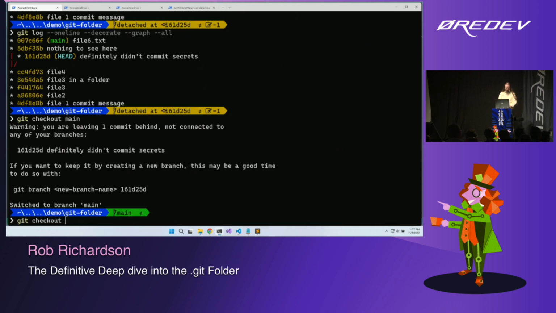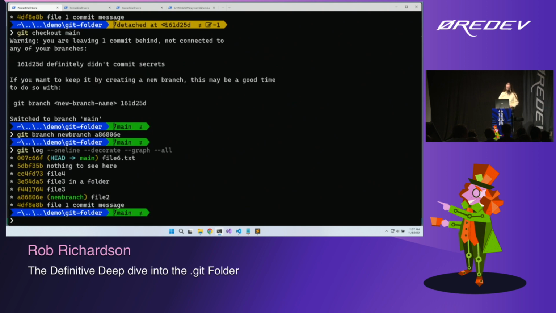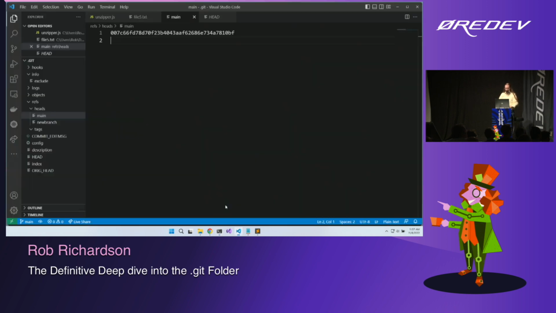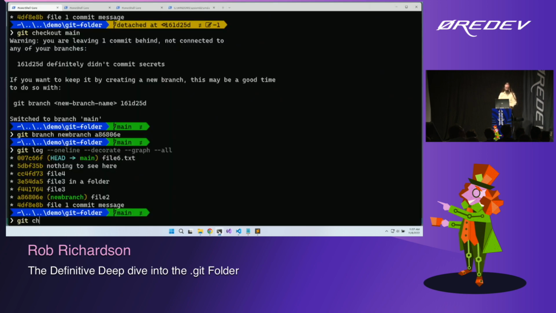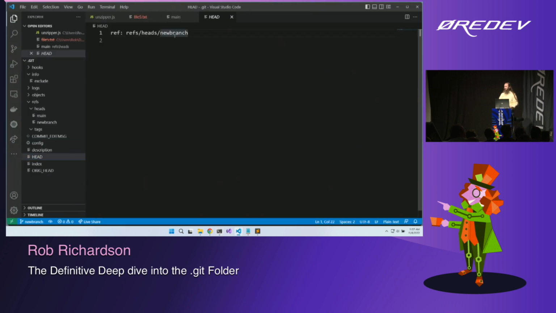Let's git branch new-branch at this commit right here, file 2. So I will put it there. git log --oneline --decorate --graph --all, and here's our new branch that points to this commit here. So back in refs/heads, we now have new-branch that points at that commit, but our HEAD still points at refs/heads/main. Okay, so let's git checkout new-branch,